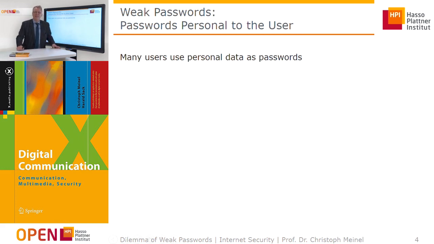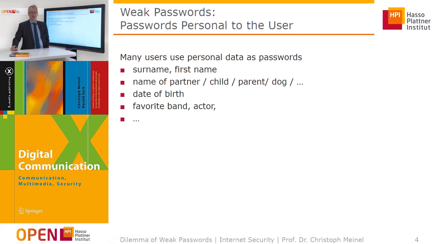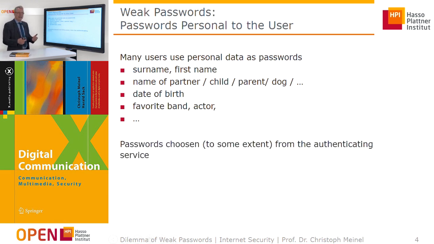I also mentioned that passwords need to be considered weak if the password is close to some personal information around the user. So for example, many users use personal data as password. Their surname, their first name, the name of the partner, child, parent, dog, many others, or date of birth, favorite bands, favorite actors, and others. And everyone who knows the person can guess this data and can later try out whether these data are used